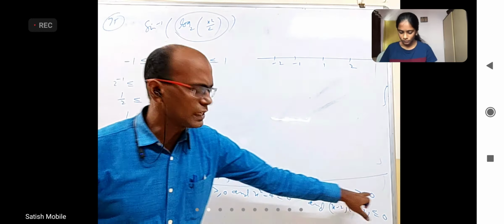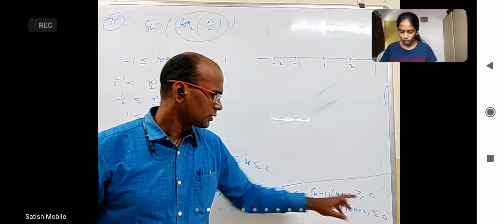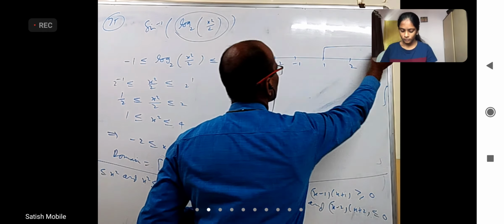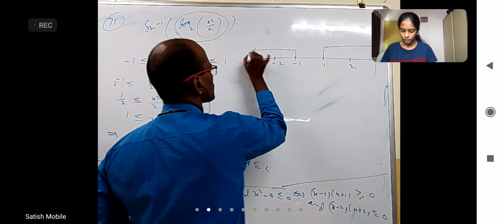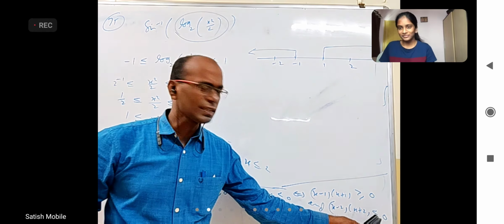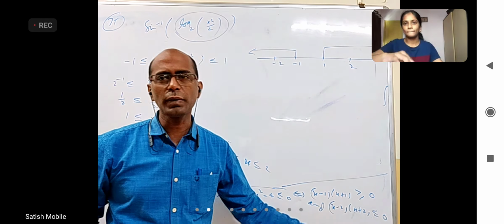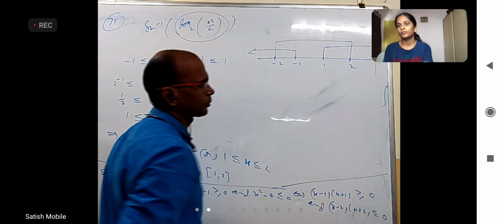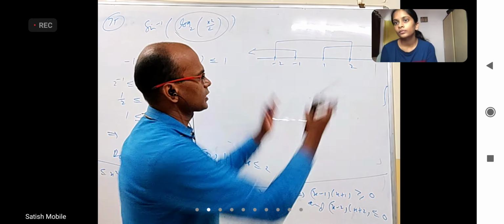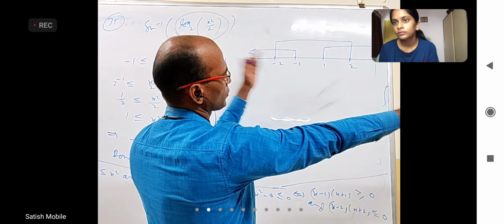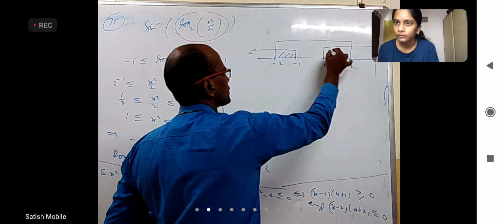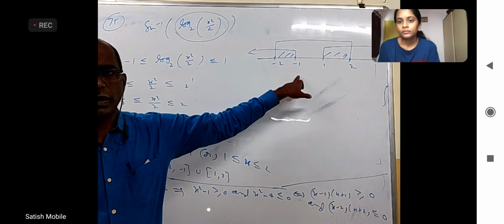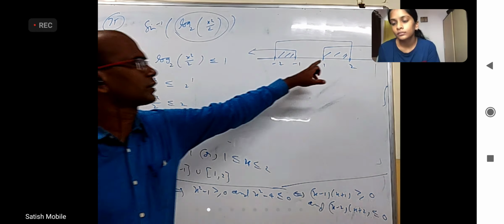The first inequality is greater than or equal to 0. That means x should be more than 1 or less than -1. This or this. The second inequality is less than or equal to 0. X should be between -2 to 2. Between -2 to 2 means like this. Okay, so one inequality says between these two, one inequality says after 1 or before -1. So the intersection is this and this. That is exactly this. Either it can be between -2 to -1 or it can be between 1 to 2.